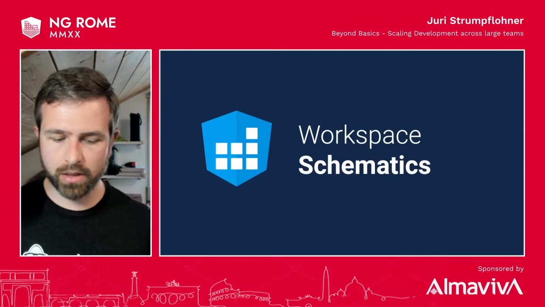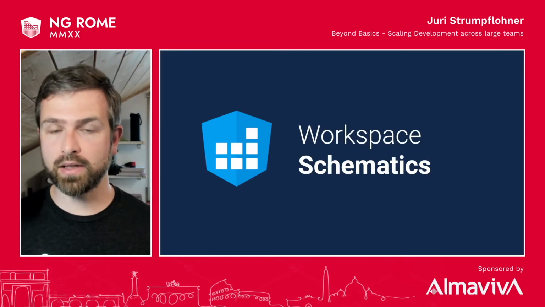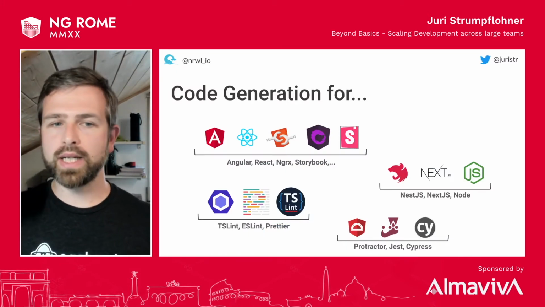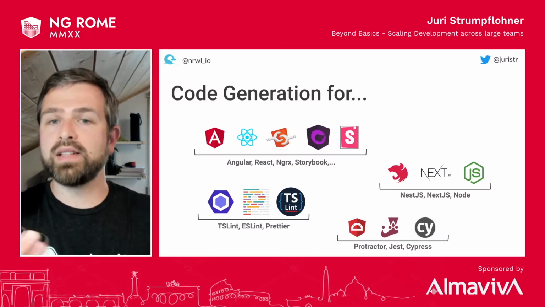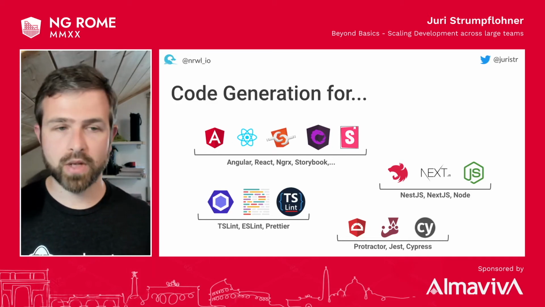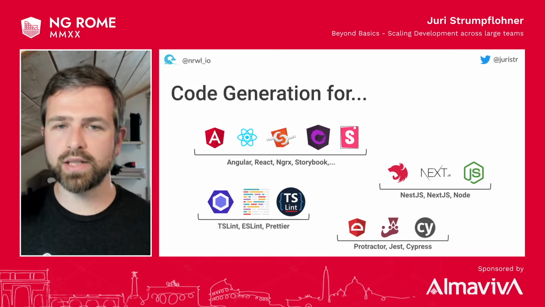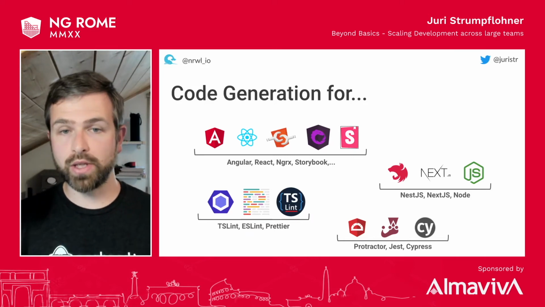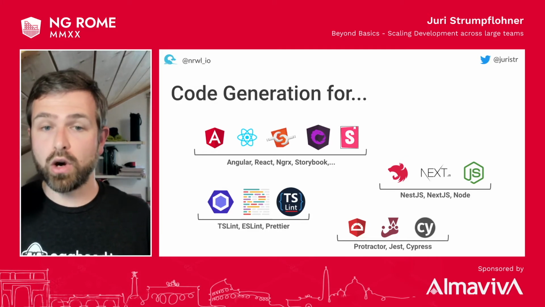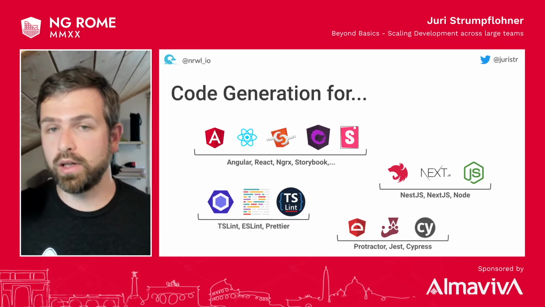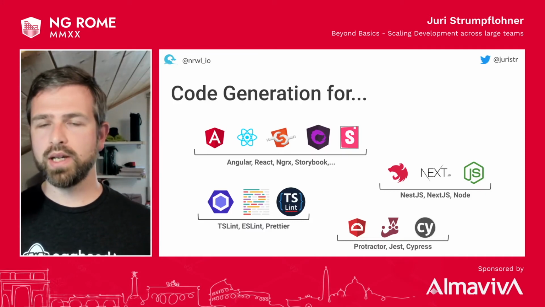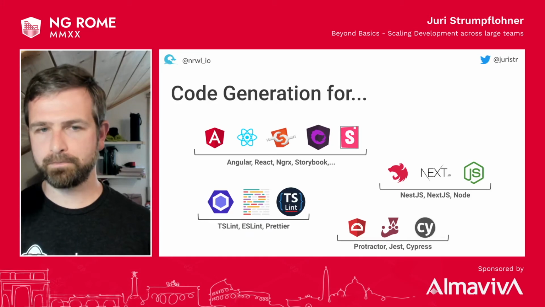Another really good part about automation is the whole workspace schematics. Now, as an Angular user, or in general as an NX user, NX gives you a lot of schematics already out of the box. And so we have it, of course, for Angular projects, for generating components or generating new applications and libraries, but also for React, for Storybook, for RxJS, even for web components if you want. Same holds then also for backend parts or the setup for Prettier and TS-Lint.